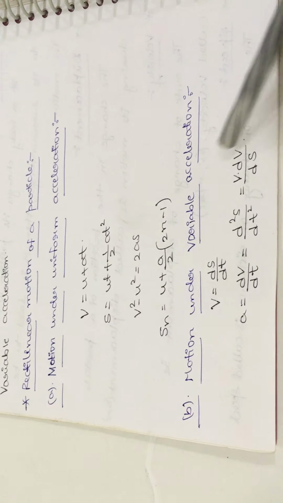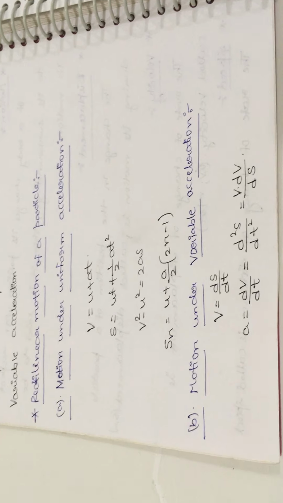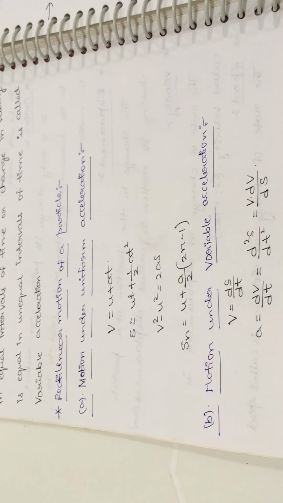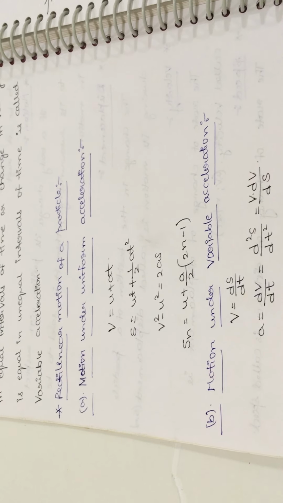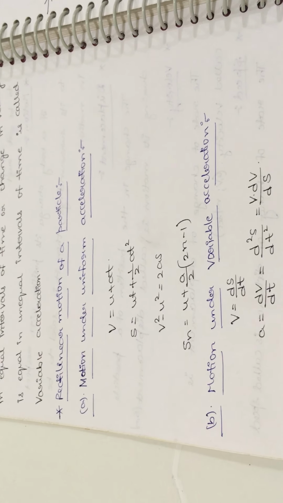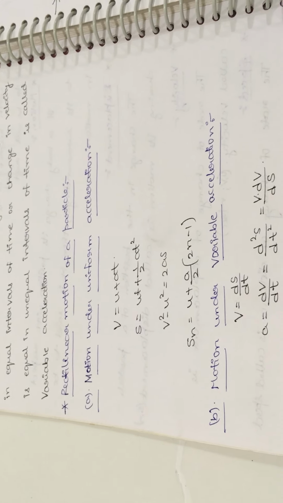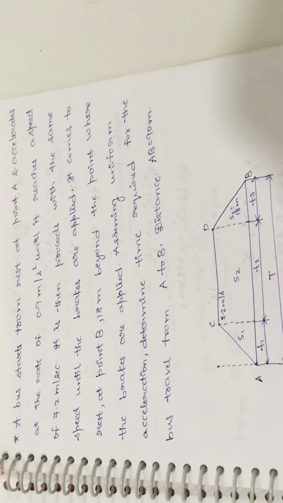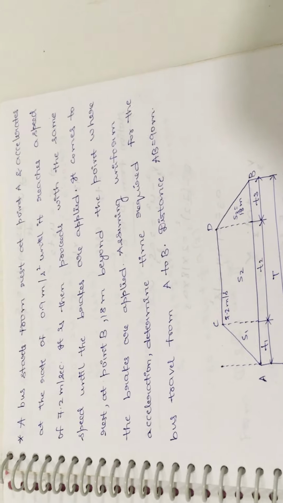So based on these six formulas and some more formulas which will come later, we need to do the trial and error method process only to calculate the problems in the kinematics part. Now we will see the first problem here. This is the first problem and diagram. Now we will see the data which is given in the question and what we have to calculate in this problem.